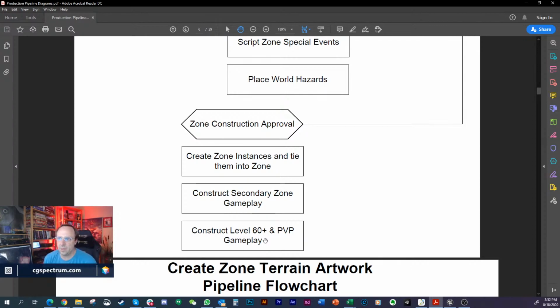But what happens is people finish the core content in an MMO, and then they need to have more to do. And so they want to go back and revisit these levels and do these levels over and over again. So you need to make sure there's replayable high level content, because anybody that gets to level 60, or gets to your level cap, gets to what we call endgame mode. And endgame mode can sometimes be the most lucrative mode, because somebody's hooked. If somebody's going to play your game basically to the end,